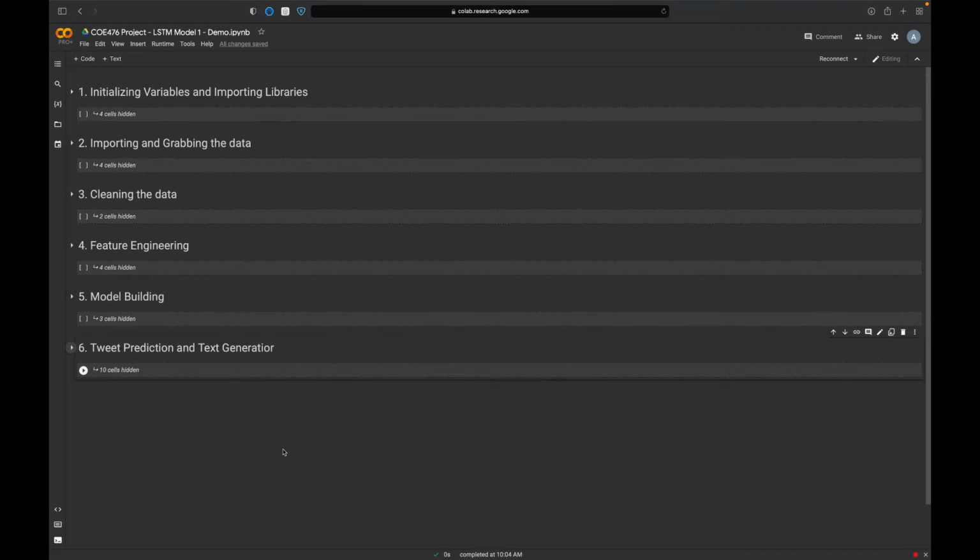Hello, good morning. I'm going to start by showing you the LSTM model we did for the tweet generation project, neural networks project. We divided it into 6 steps. First is the initializing of the variables and importing of the libraries, and then importing and grabbing of the data. The third step includes the cleaning of the data and removing stop words and links and whatnot. Then feature engineering in order to prepare the data to be processed by the model, and then we do the